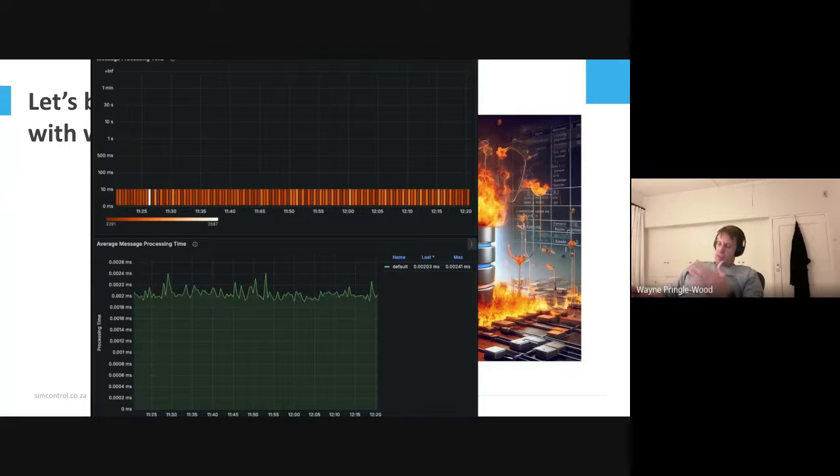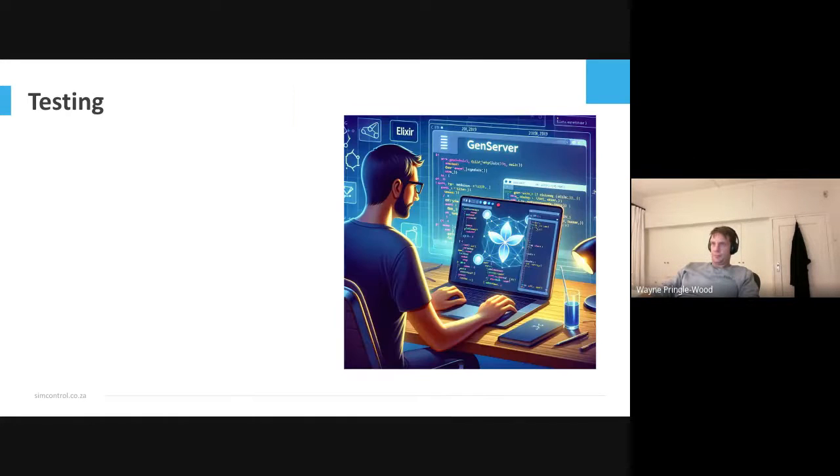So what I'd say is, when you're dealing with GenServers and writes, you have to do something like this from the get-go. You have to have a strategy where you say, okay, if I have a lot of GenServers and I'm writing to the database, I have to build something like a throughput pipeline that will help me handle the load. Otherwise, you're going to be in a whole lot of trouble.